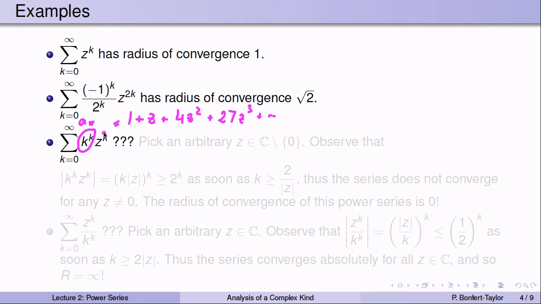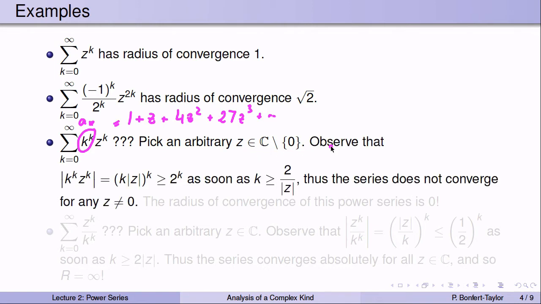Well, obviously when z is equal to 0, all the terms are 0. So that's quite obviously a point of convergence. Let's now pick an arbitrary z that's not 0. And we observe the following. If I look at the absolute value of k to the k times z to the k, I can pull this exponent k outside. And I get it's k times the absolute value of z to the power k. But notice that z is fixed. I can pick a large enough k, for example, greater than 2 over the absolute value of z, and this term is greater than or equal to 2 to the k, which means the individual terms of my power series